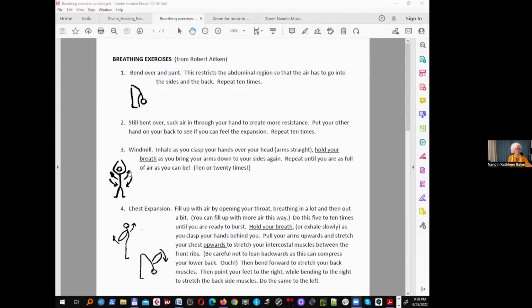This windmill, so every time you bring your hands up, you inhale, and then you hold your breath as you bring your arms down. And you just continue that, because of course, every time you put your arms down, your ribs will have to expand over top of your inflated lungs. Okay, so that is sort of like one of these other exercises that I'll show you after we go through